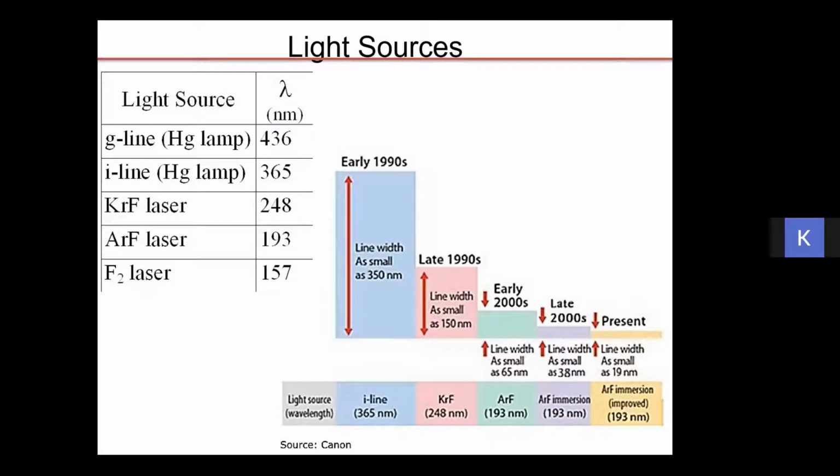And then at present, we have gone down to 20 nanometer, though that is a very rare case of going to 20 nanometer using photolithography, but that has been achieved in rare cases. And that has been achieved using ArF immersion lasers, and F2 lasers also with a wavelength of 157 nanometer. So this has been the progress you can see from the 90s to the present situation in case of the light sources.